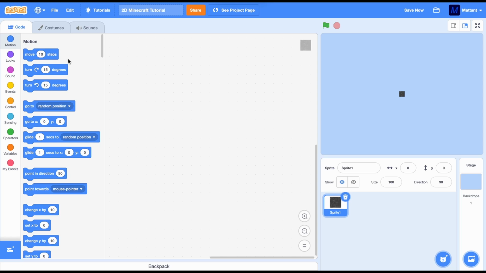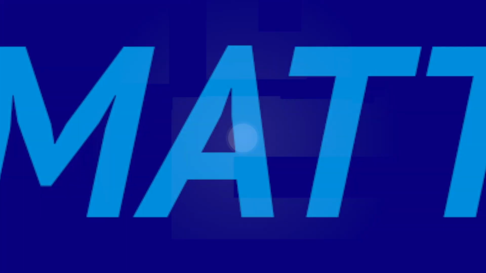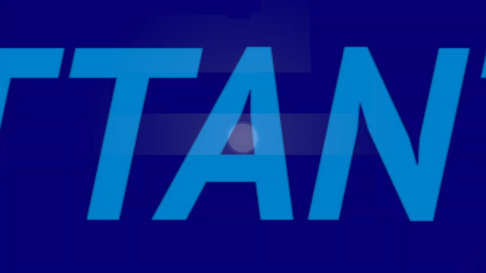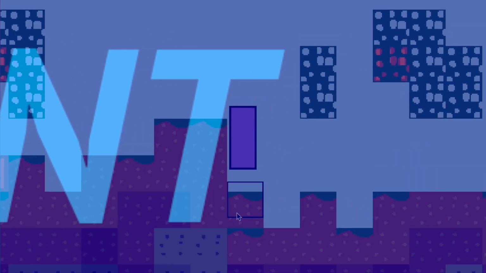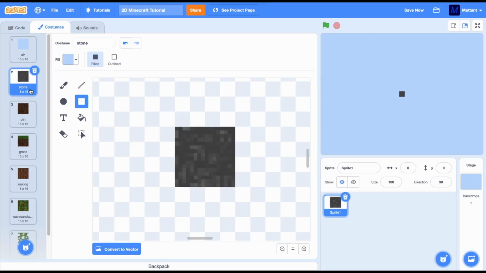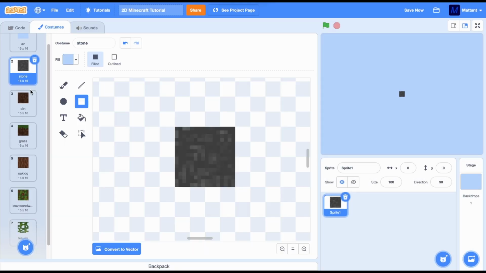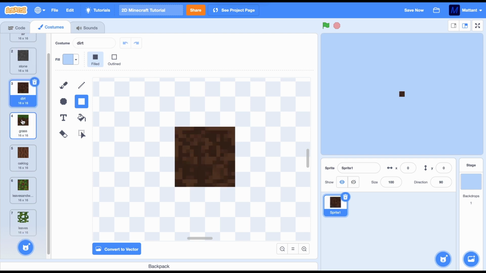Hello, and today I'm going to show you how to make a 2D Minecraft game in Scratch. So, I've drawn the assets already for the game. As you can see, every single one of these blocks is exactly 16 by 16 pixels wide. So, the number 16 here is going to be very important, as when we're changing the size of the camera,